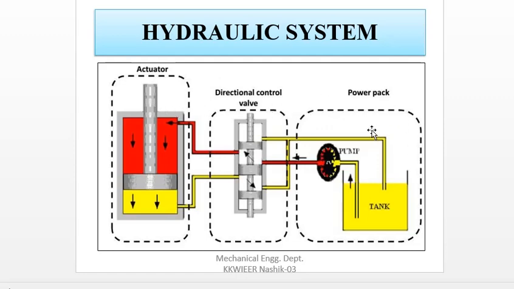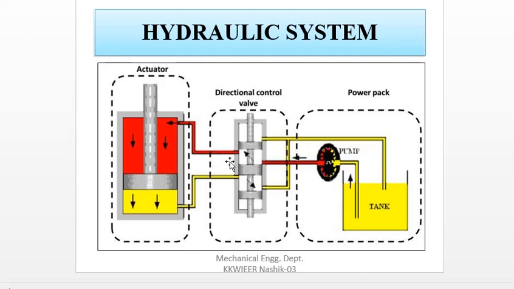In the generation part, some components are involved. Only a few parts are indicated here, not the detailed parts. In the generation part, by means of the pump we can generate hydraulic pressure. See the yellow portion here, the suction line. Due to the suction of the pump, pressure is developed here, the red portion. The high pressure fluid is transferred to the control part. After the generation of hydraulic pressure, it has to be controlled in such a way that the power, or the hydraulic pressure, can be transmitted to the next part.